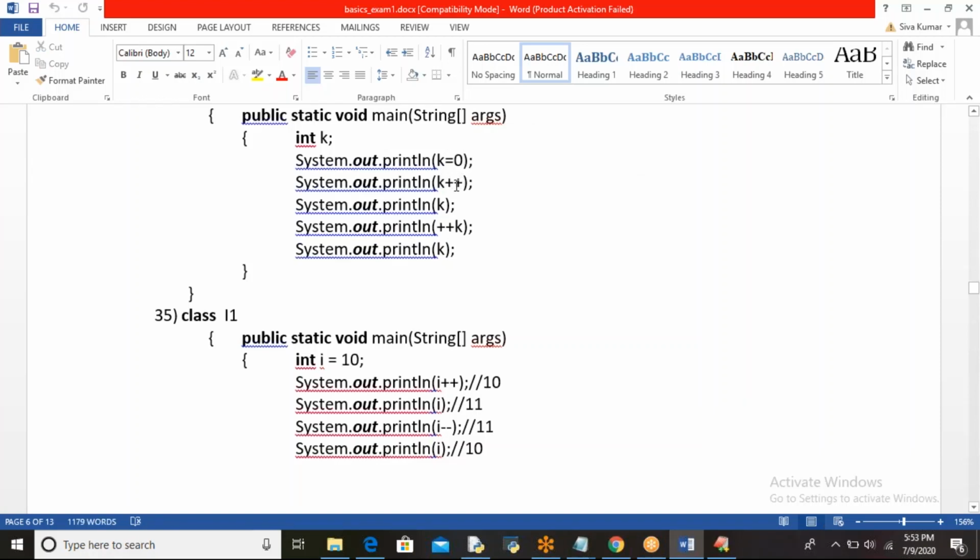That internal value 1 is printed here when you print K in the third line. But coming to the fourth line, you have used prefix increment, so K value 1 is incremented to 2, and that incremented value 2 is printed here. And coming to the last K, that is also 2.